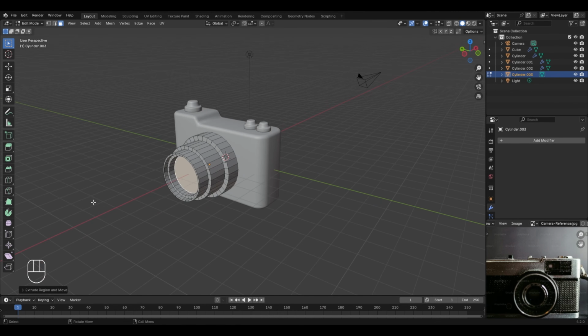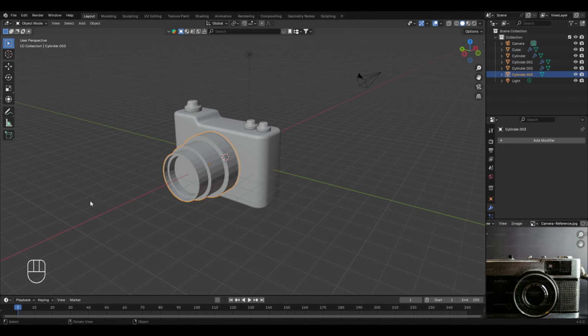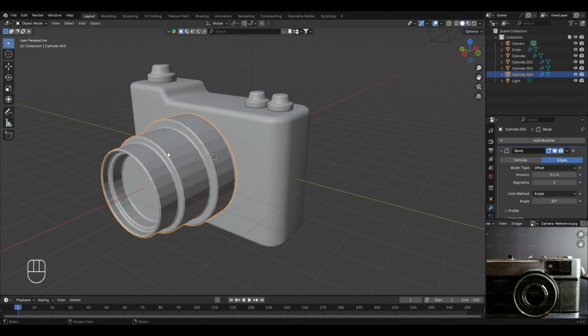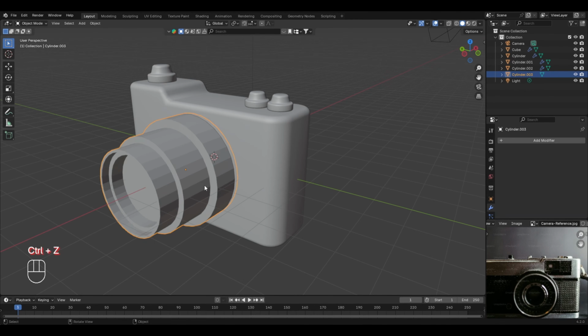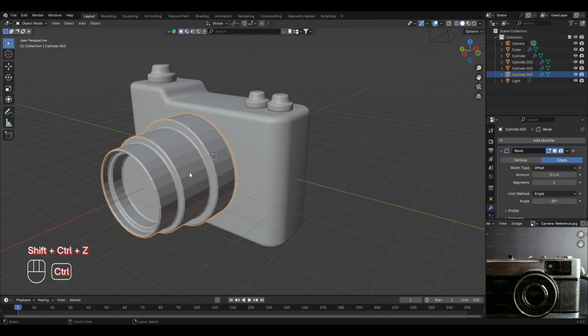To give it a much more natural look, we'll go back to the object mode, and with the camera lens selected, go to the modifier properties, click on add modifier, and in the generate category, select the bevel modifier. And now even with the default values, you can see that our camera lens is now having a completely different look than before. Previously, if I press Ctrl plus Z, then the camera lens looked like this, very simple and basic. But now, if I redo by pressing Ctrl plus Shift and Z, then it is having a much more natural